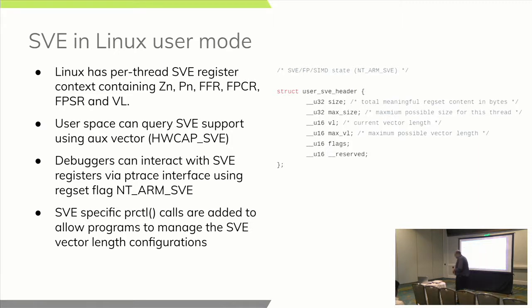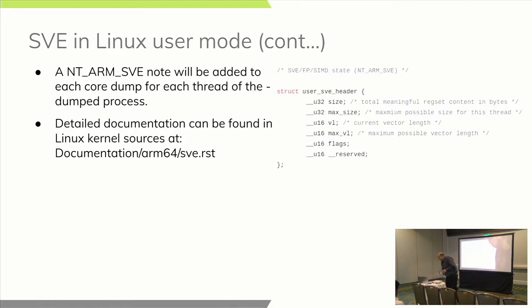Okay, so we get an NT_ARM_SVE regset data for the ptrace interface. With that, we can query with get regset calls or set regset calls and either configure SVE using the user SVE header, or we can read data about SVE and its payload register sets information from